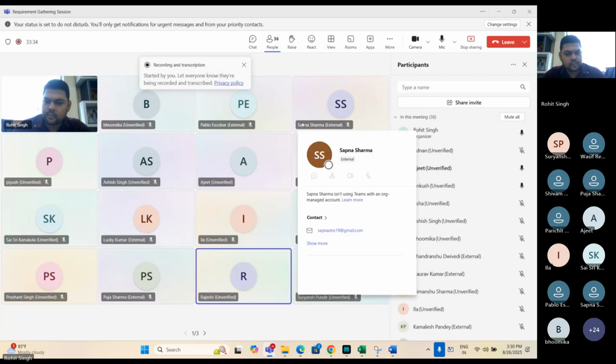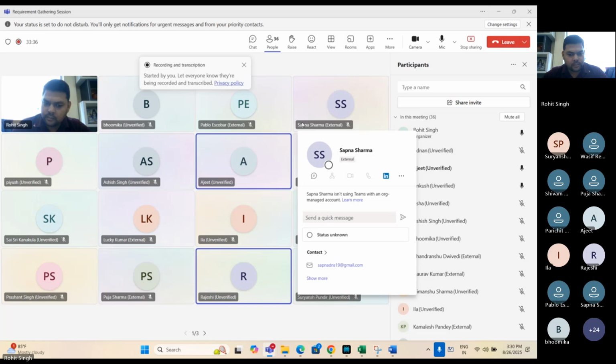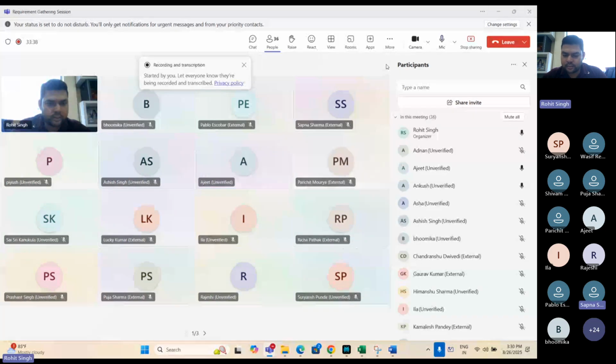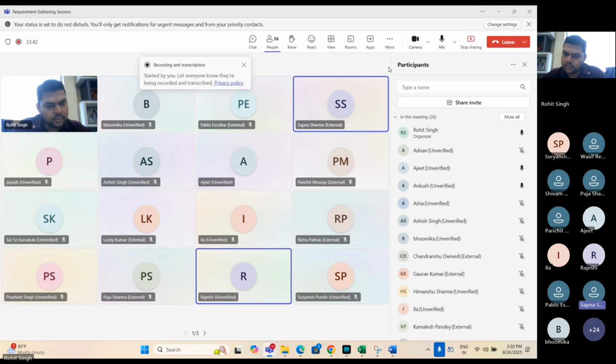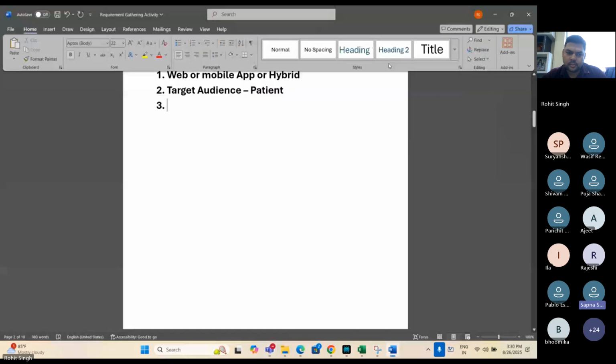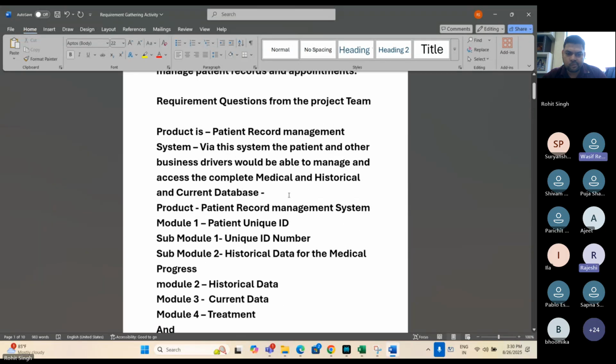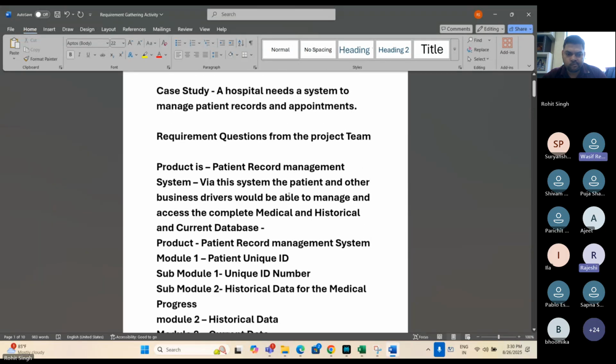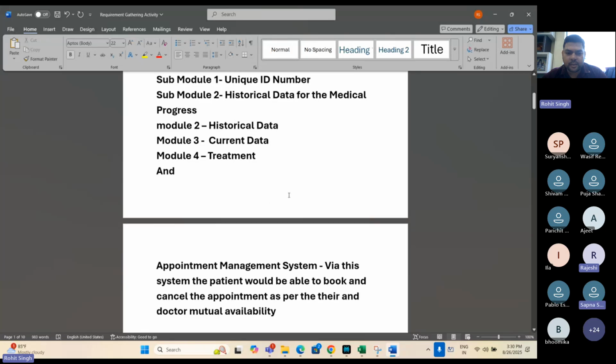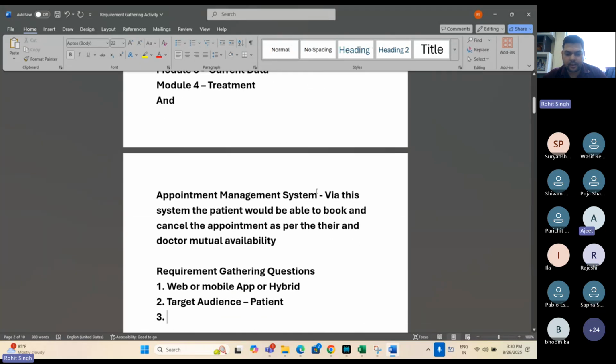Like who can use these apps? I'm sorry, Rajesh, once again. Any transportation, any ambulance or something like a car? Who can use these apps, like insurance, doctors, no, patients? Sapna, transportation will not be there.